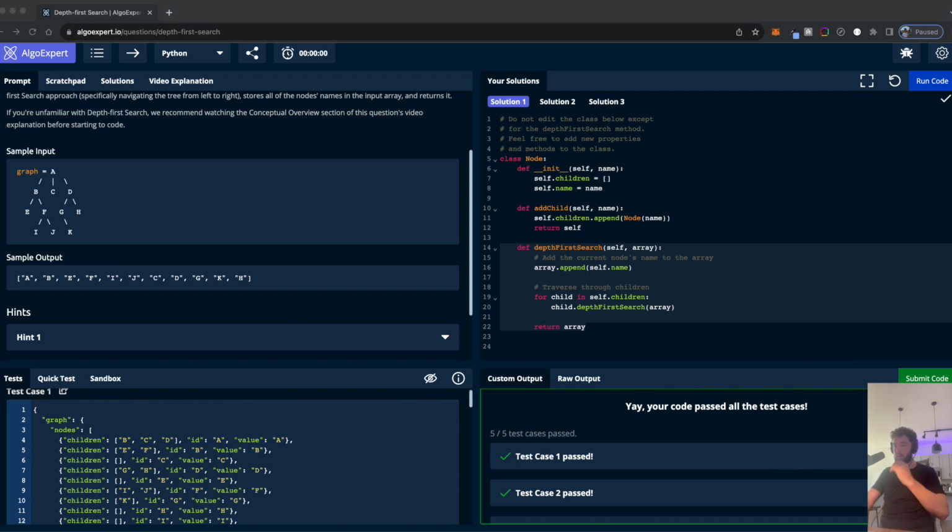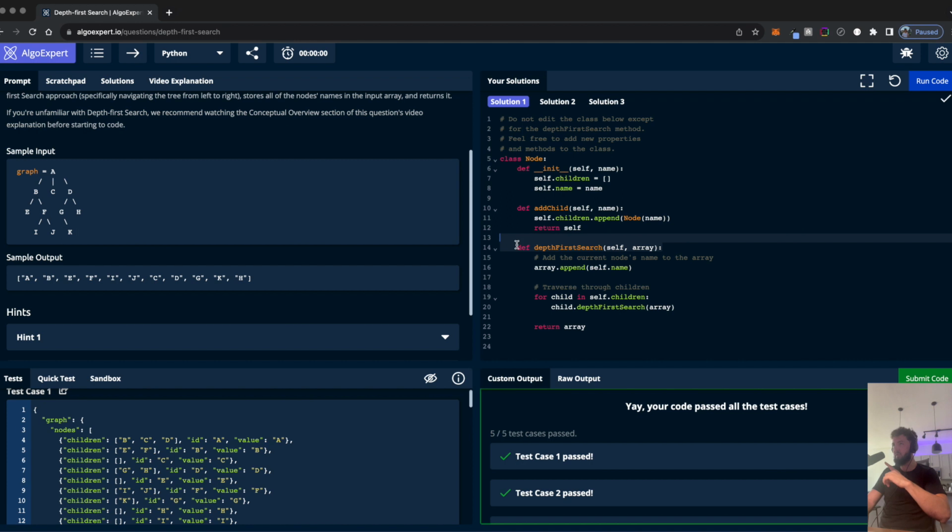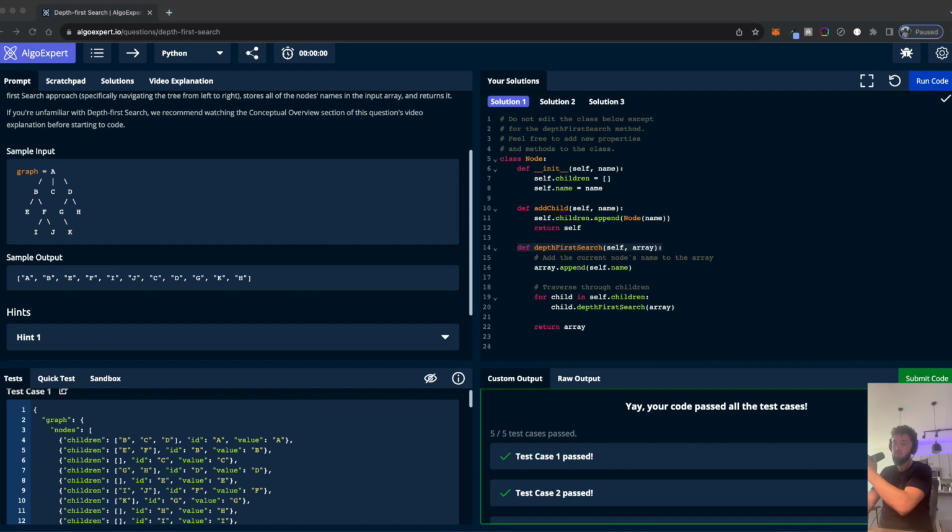Okay, certainly. The method depth first search is a typical implementation of depth first search, a traversal algorithm for trees and graphs. Here's the breakdown of how this method works. First, define depth first search, self and array. This is a method for depth first search. This method is part of the node class, so when it's called, it operates on a specific node. The method takes one argument, array. Add the current node's name to the array. So that's the self.name right here.